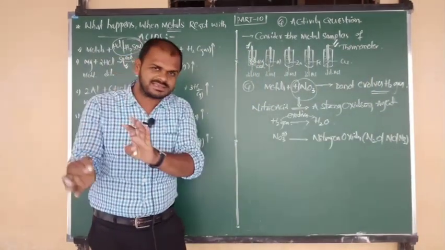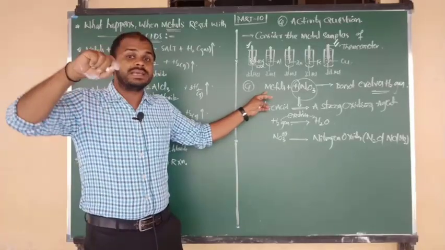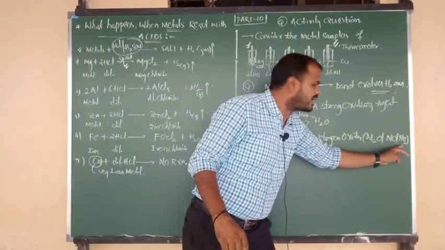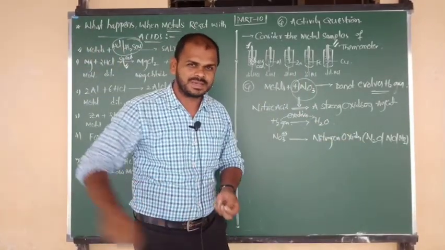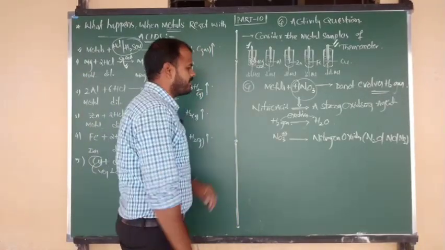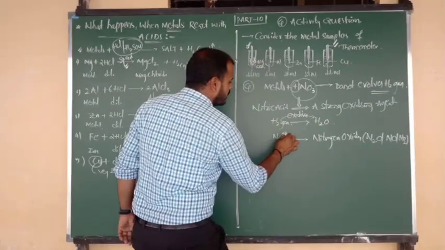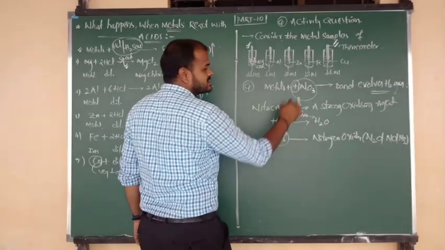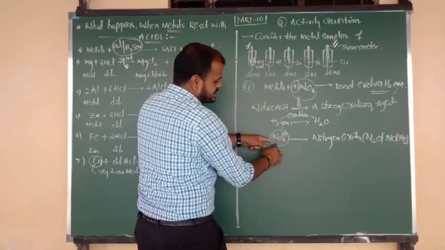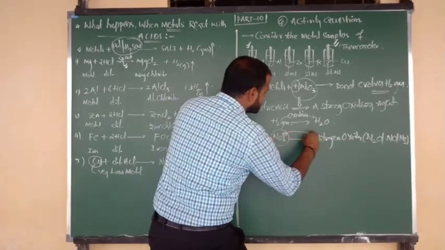In different cases, on reaction with various types of metals, you are going to get any one of the products. Understand clearly? Once again, hydrogen gas oxidizes to water molecule and NO3 minus, the nitrate ion present in nitric acid, reduces